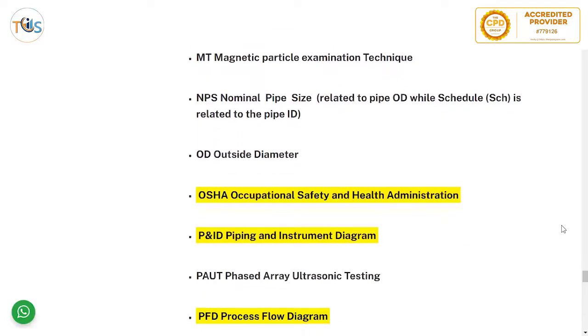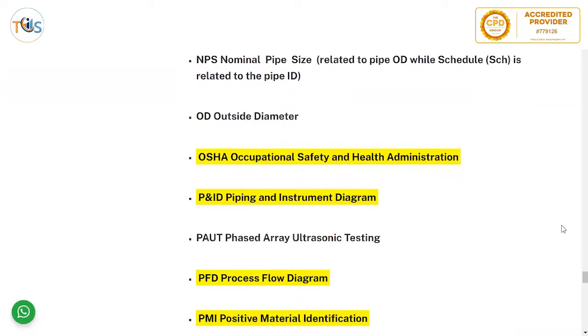NPS, nominal pipe size, is related to pipe OD, while schedule is related to pipe ID. So as the schedule increases, the ID decreases because the thickness increases here. And normally we have pipes from schedule 150 up to 2500. OD, outside diameter; OSHA, Occupational Safety and Health Administration; P&ID, piping and instrument diagram;